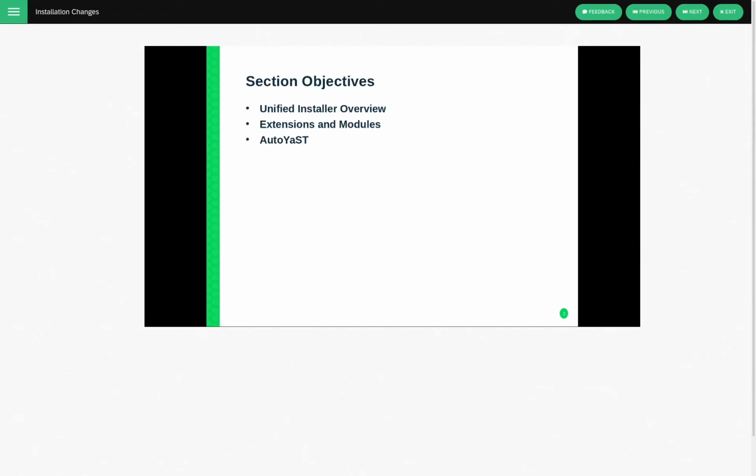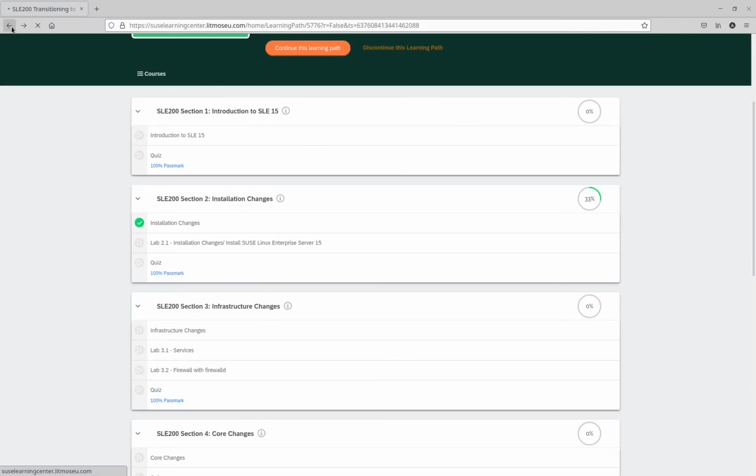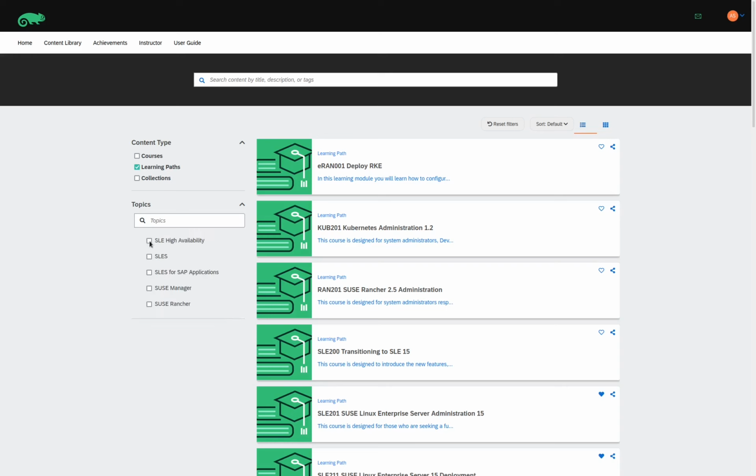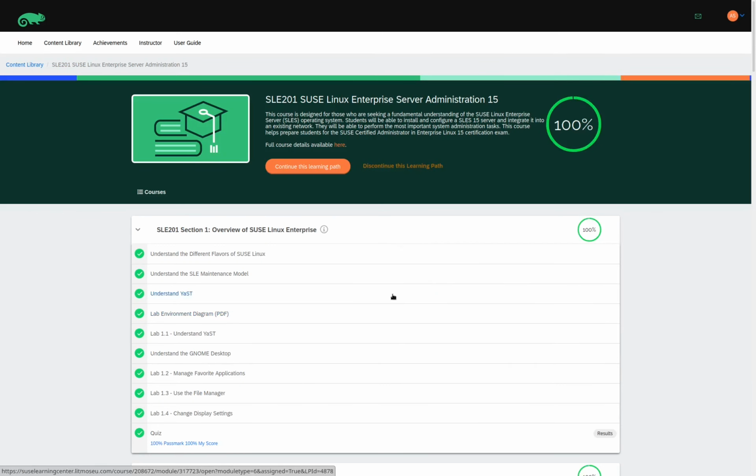Now let's go back and take a look at another learning path. Go back to our content library, select SLES, and then we'll move on to our next learning path. Our next learning path is the SLE 201 SUSE Linux Enterprise Server Administration 15 learning path. When I click on the title, again we're taken to a list of all the modules that are included in